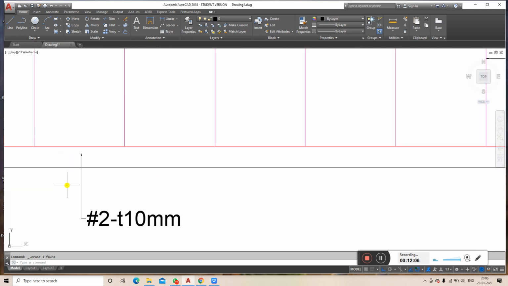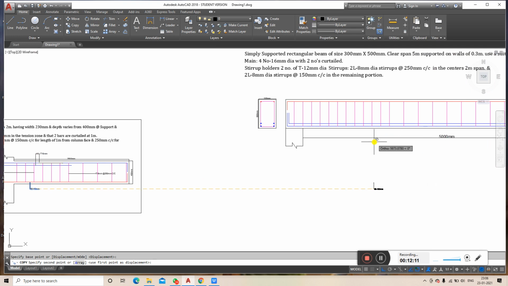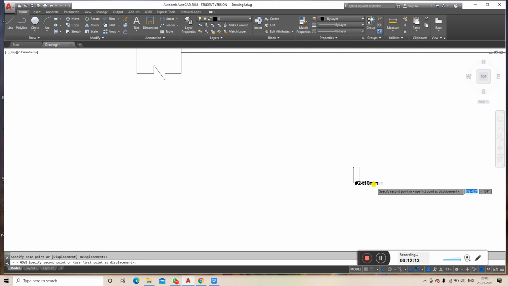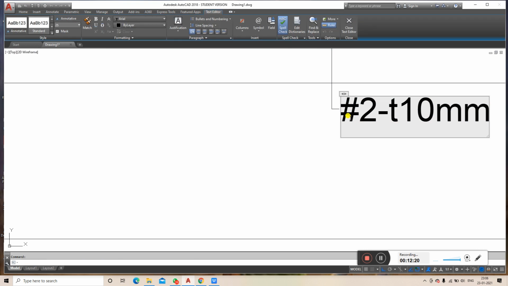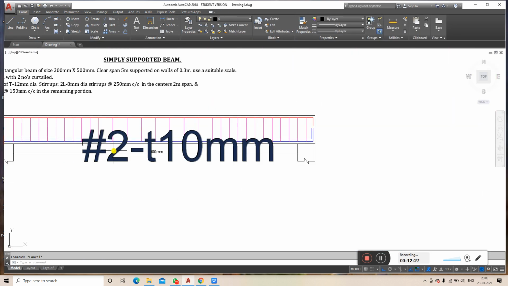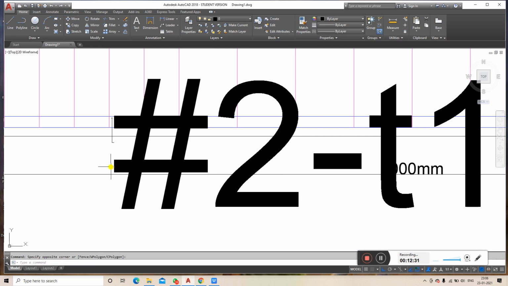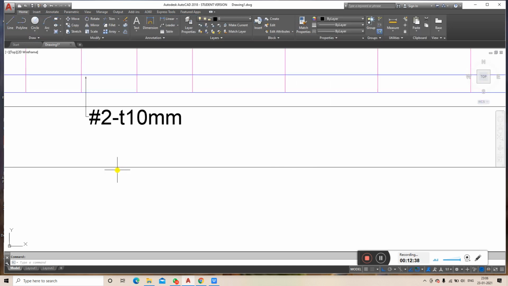Now I'll take these leader commands. These are 40 mm thickness I'm taking.